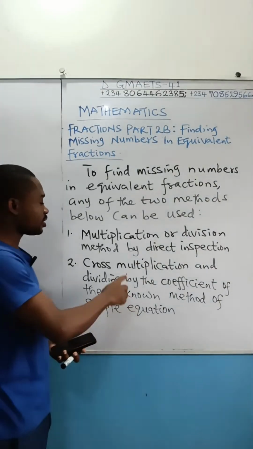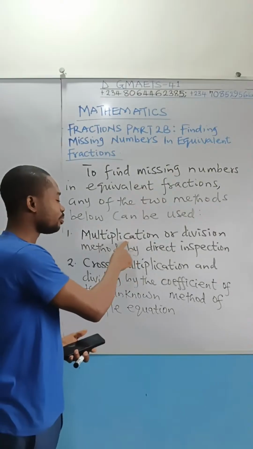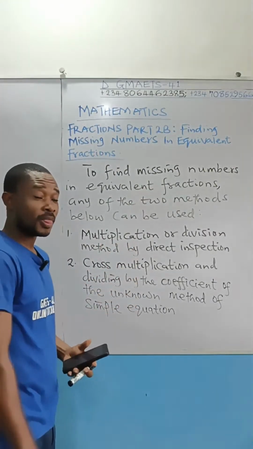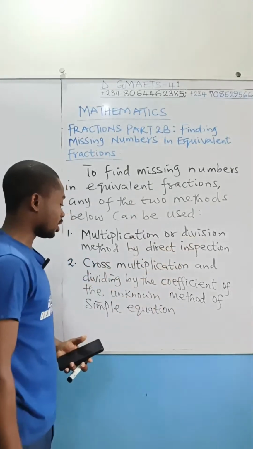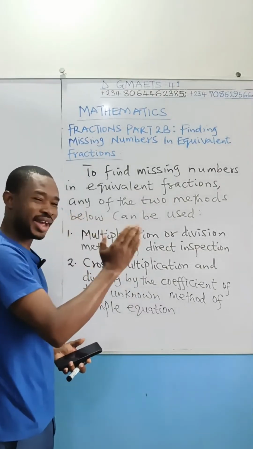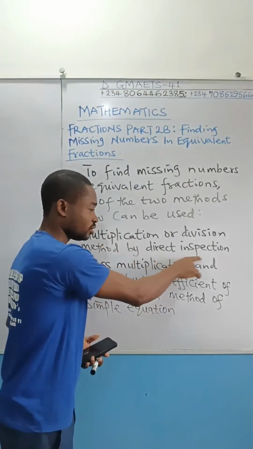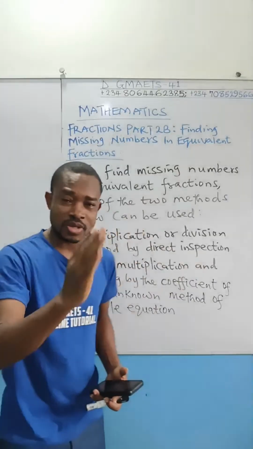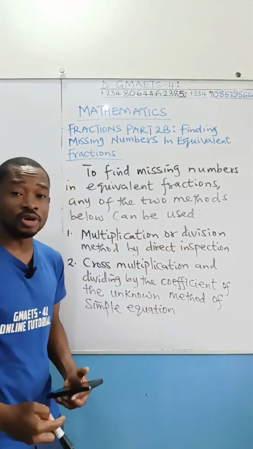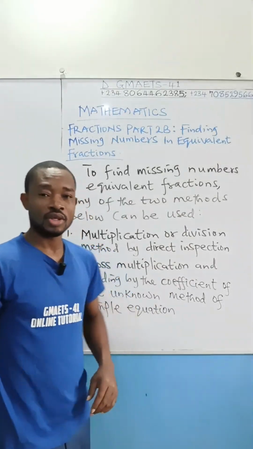I had always stated the importance of multiplication. Once somebody is good with multiplication, division becomes 1 plus 1. So sometimes when a problem is given to you, you can just inspect, just look at the question. You do direct inspection, observe it. From there, the knowledge of multiplication and division can help you know what to do in order to get a